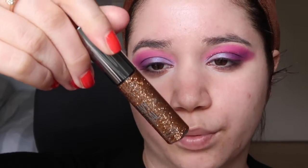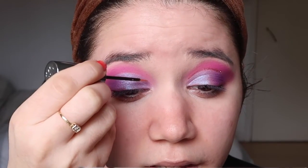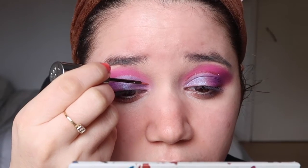And I was thinking to go in with, let me grab it, the shade Starfire, which is a bit more of a coppery shade, but then I decided more for the pinky one, it just ties in a little bit better, you know. I also hope the lights are okay because I'm using natural light today, so fingers crossed. Okay, and then, sorry, I can talk and do this at the same time, but I'm gonna lightly